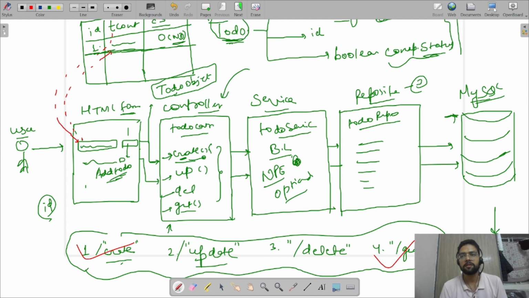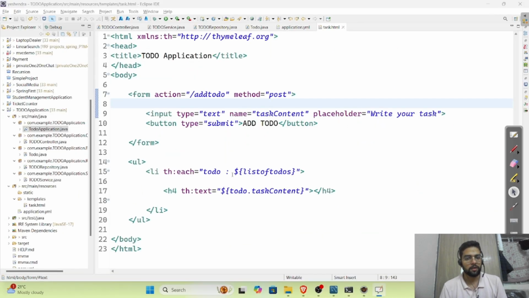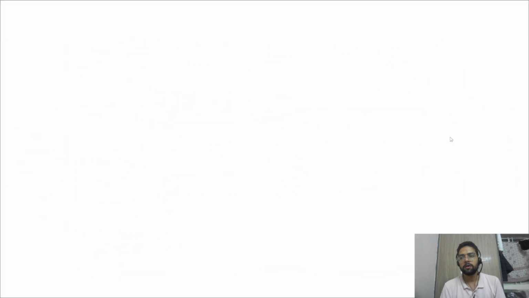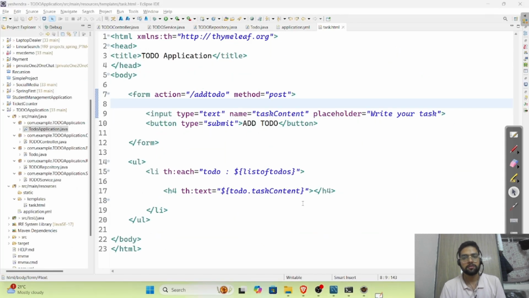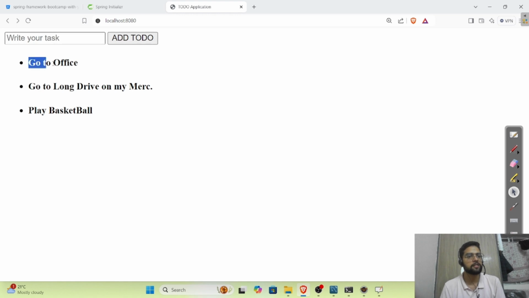Update and delete left. Okay, now let's initiate the update. Here we are displaying these tasks, but we don't want it this way. What we want is